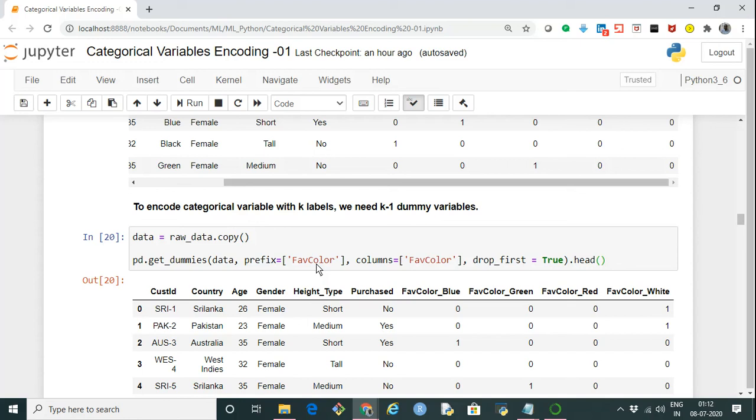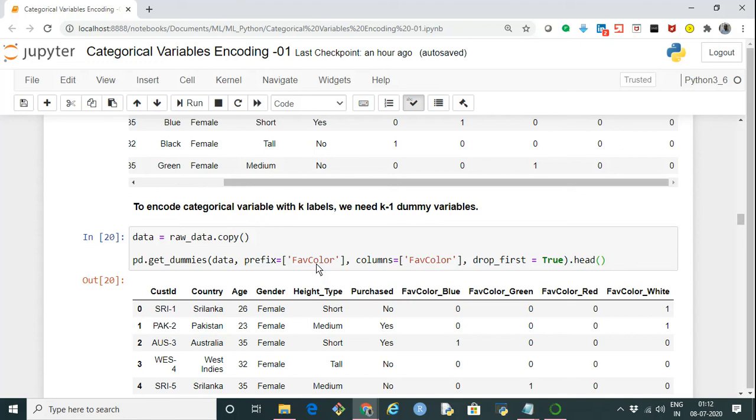With just one dummy variable we can easily tell whether the person is male or female depending upon the value of this male dummy variable. Likewise, for any k labels we need only k minus 1 dummy variables. So if all the values of the dummy variables are 0, it indicates that the value belongs to the one category which is not covered in the dummy variables.